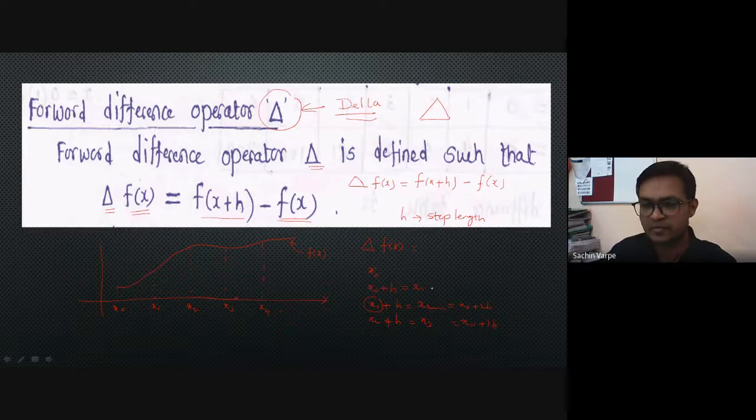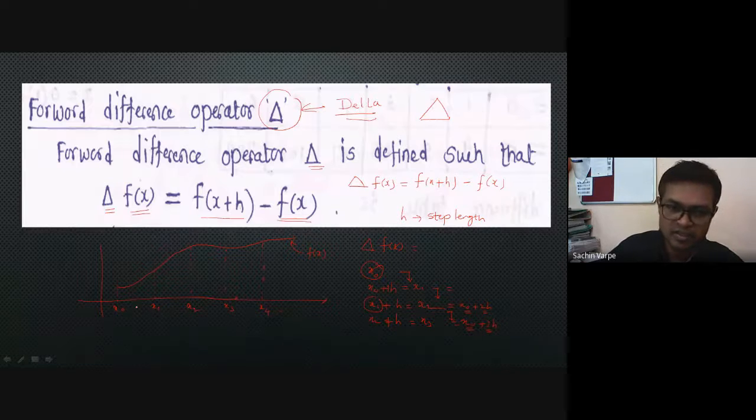मतलब एक, this is one step ahead, this is 2 steps ahead from x naught, this is 3 steps ahead from x naught. So you can see here, from x naught 3 steps ahead, from x naught 2 steps ahead, from x naught 1 step ahead. Are you getting my point? So that means what? x naught plus h.